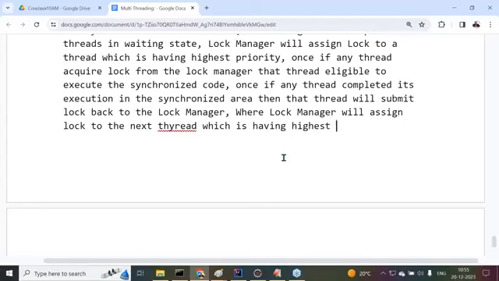But on what basis it selects the thread is a totally internal concept of the locking mechanism that we are not aware of. Even if we start three threads, thread 1, thread 2, thread 3, which thread will be taken by the lock manager, we don't know. One time the execution will take the order thread 1, thread 2, thread 3. In the next attempt it will take the order thread 2, thread 3, thread 1. But we don't know in which order it is going to pick the threads.